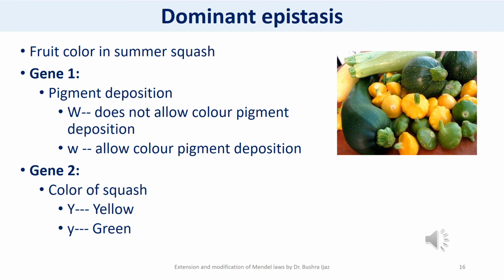If we have a combination in which capital W is present with small w and small y or capital Y, the controller gene W is not going to allow color pigmentation, whether small w is present with it or capital Y or small y is present with that. So in any combination, if capital W is present, it's not going to allow color pigmentation. Only one dominant allele is responsible for controlling the effect of all other alleles, and that's an example of dominant